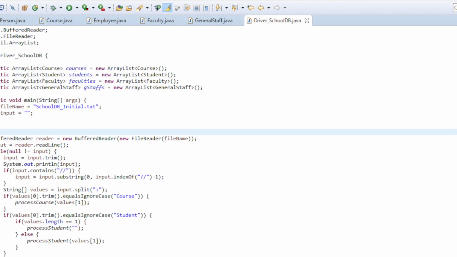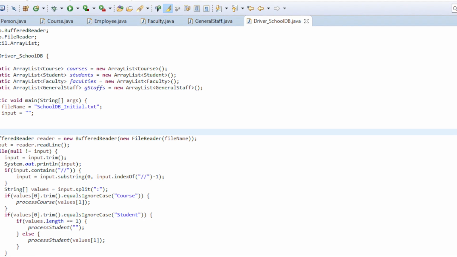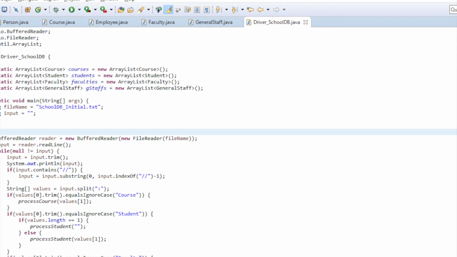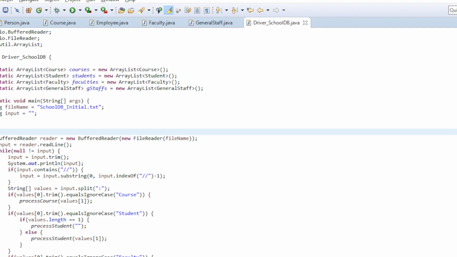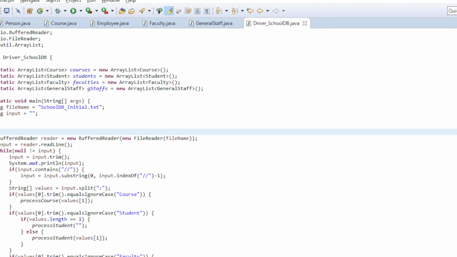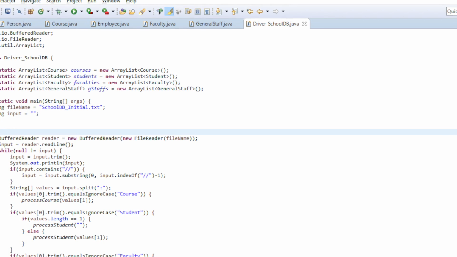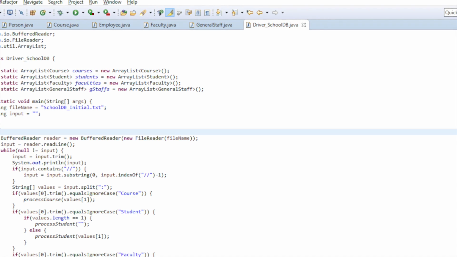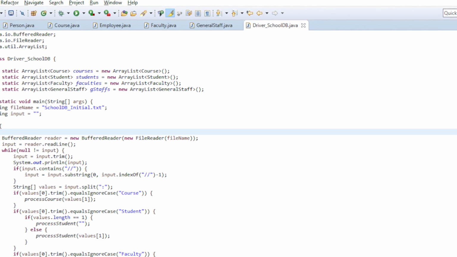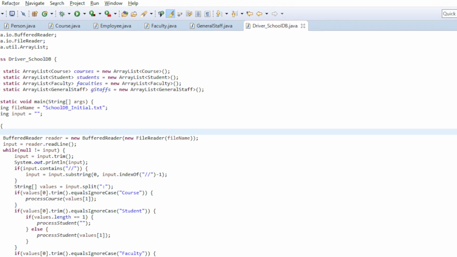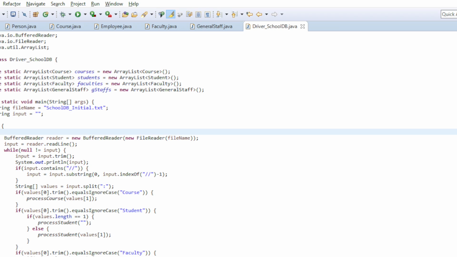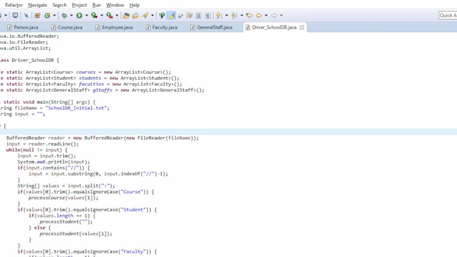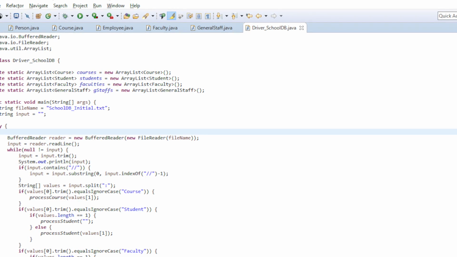We continue on to the body of the try, where it is placed so it always goes into the body. We're iterating through each line through the database from the input reader. We're creating a buffer reader and bringing in the instance of the file name where the school database is initialized in, and we're creating a new string input where we're going to be reading through each line. The reader line within the input, if there's information within the input, it will continue on to the while loop